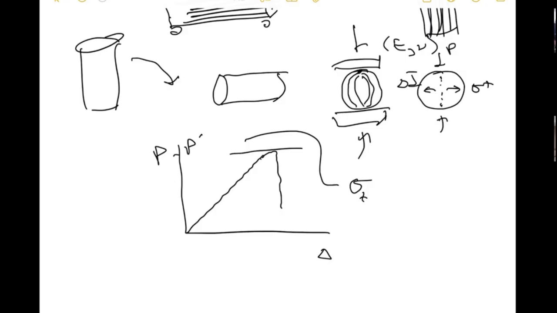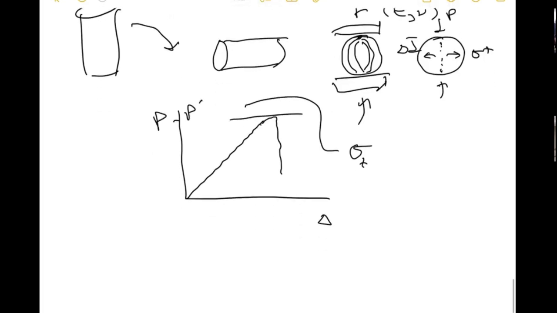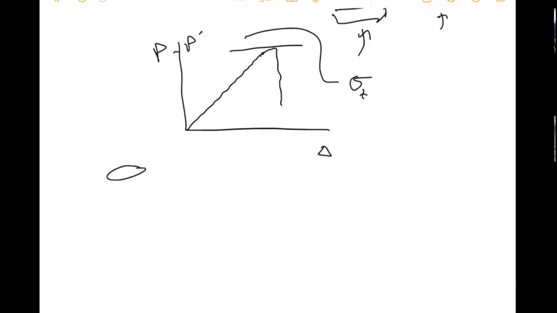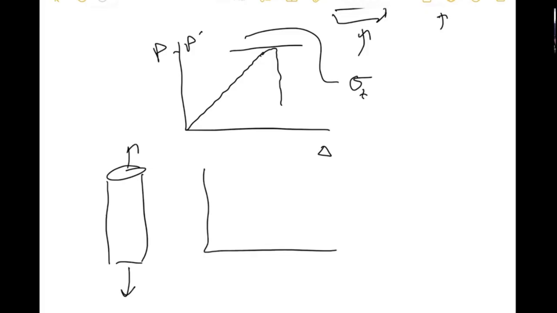But this is a way of measuring tensile strength now. Now we're going to talk about strength. And the simplest possible strength, one could argue, is a direct tension strength. Take a bar, take a cylinder, you pull it apart, and usually, if this is P and this is delta, it'll go up, and then it'll usually abruptly break.